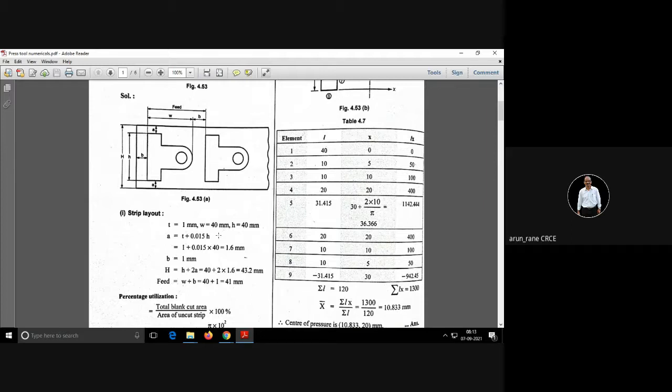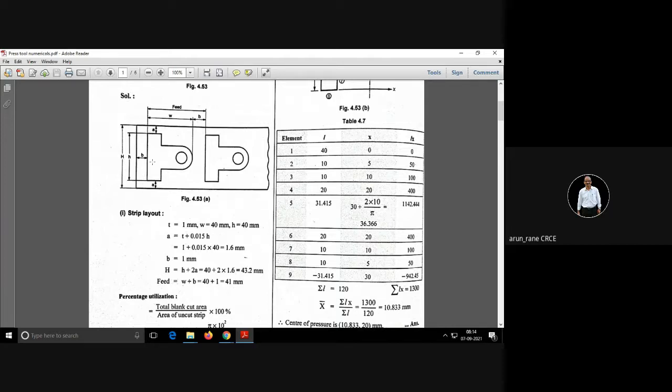Hello. Sir, it's 43.2. You just concentrate only on figure 4.53. Don't look below. Where is my cursor? Just look at that. Capital H is the width of the strip. That is the right answer. What is the small h? Small h is this